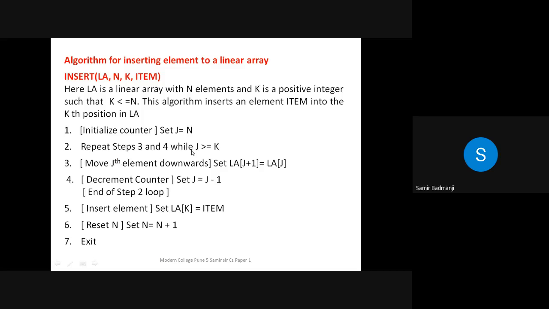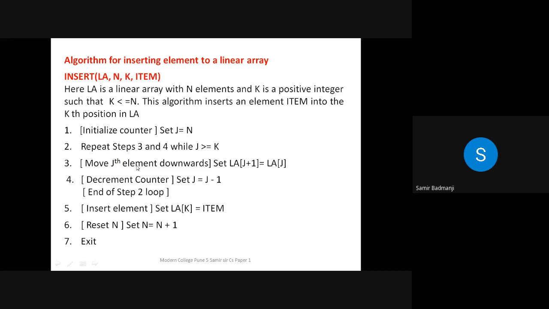Repeat steps 3 and 4 while j is greater than or equal to k. Now what is j? We initialize j to n. Suppose 5 elements are there in the array, we initialize j to 5. And k is the location at which you want to insert that element. So till j is greater than or equal to k.